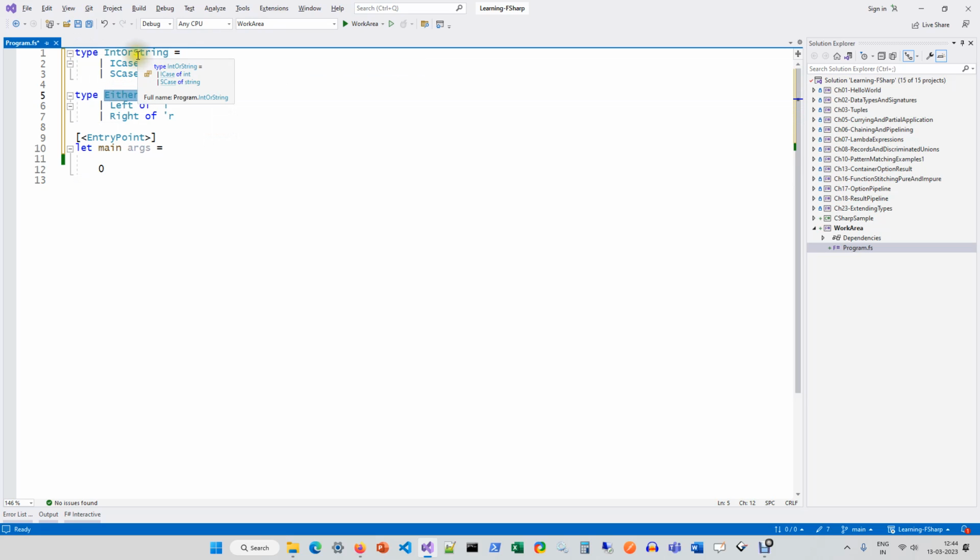Either two cases, int or string, two cases. But Either in this case is completely open-ended. It says, I don't care what is the data type when I'm in the left case as opposed to the I case, which says I am in the int case. Similarly, right? So Either is a branching data type, which is heavily used in functional programming, where you have something in two states and you make it open-ended, you make it generalized, you make it useful for any use case